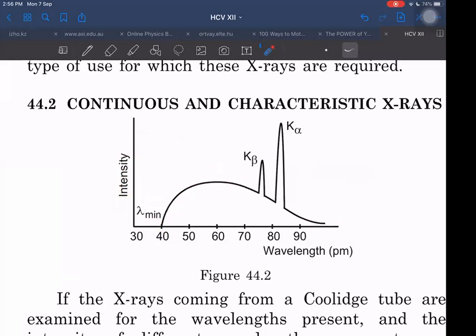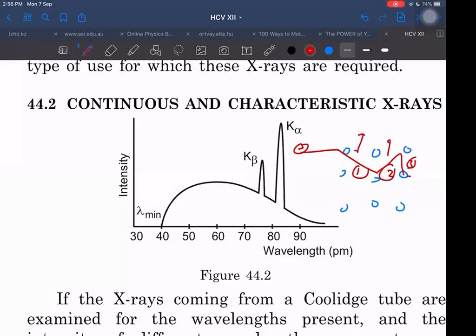So most of the electrons will be losing energy in multiple steps. This is, let us say, an atom, and this is an electron coming here. It collides with it. Multiple collisions: one collision, second collision, third collision. After that, let us say the electron comes nearly to rest after colliding 3 times. Every time it gets retarded, one photon will be emitted: one photon, second photon, third photon. On the other hand, some electron may collide head on at the first instant, and it loses all its energy. Then that will emit a single photon of very large energy.